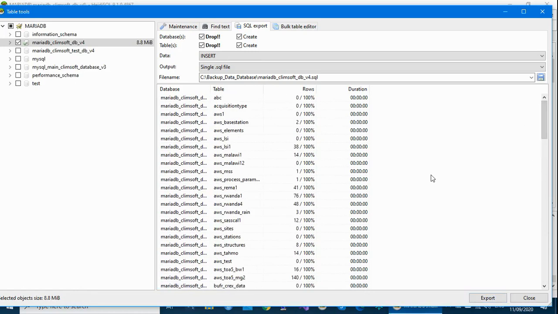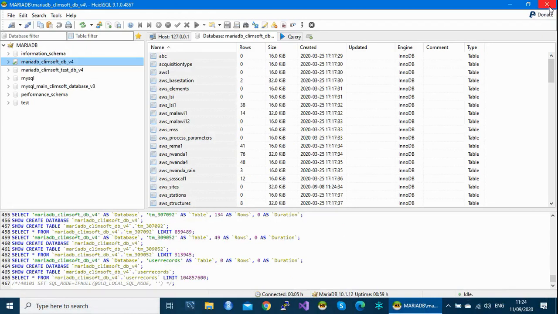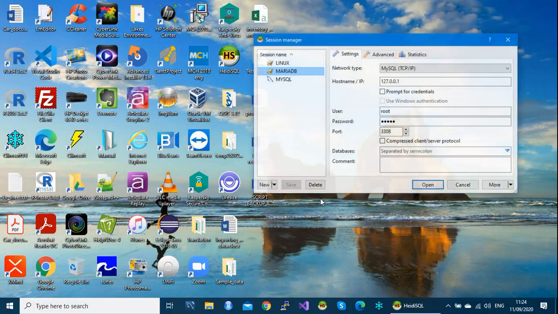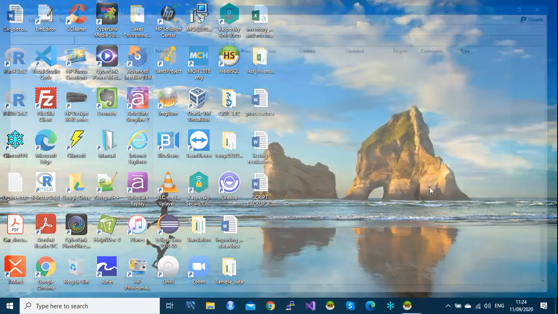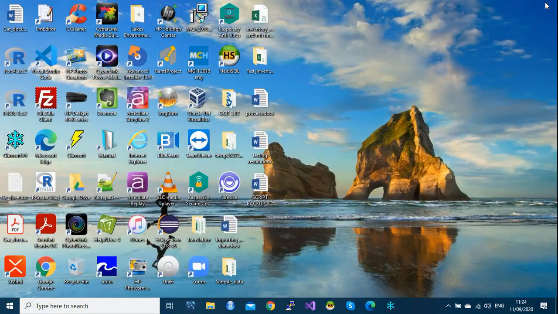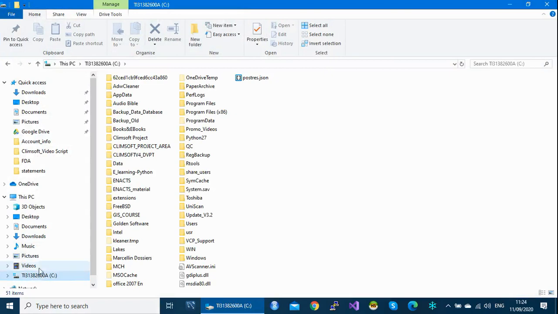In this case, you close your software, you close HeidiSQL. You can open it again to check. You see? Then close. And then let's go to our folder to check if our SQL file was exported successfully. Remember, it is under C. The folder is backup data database.